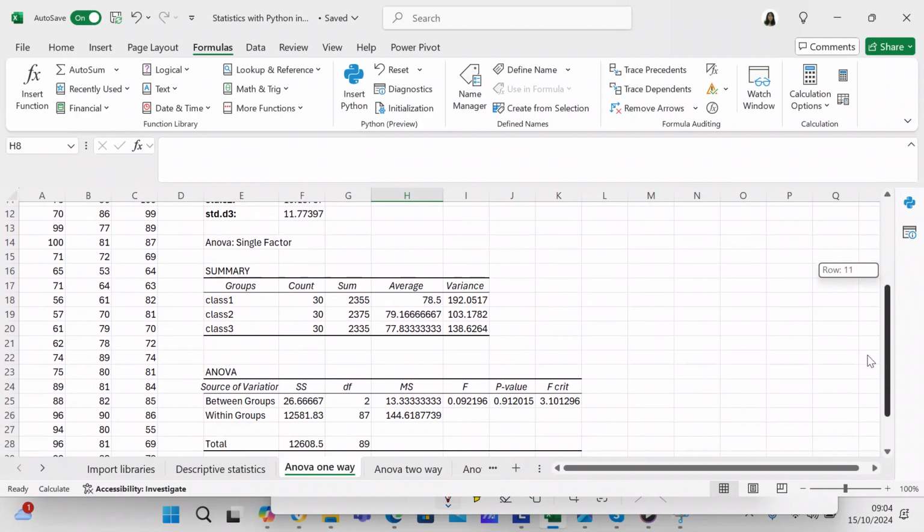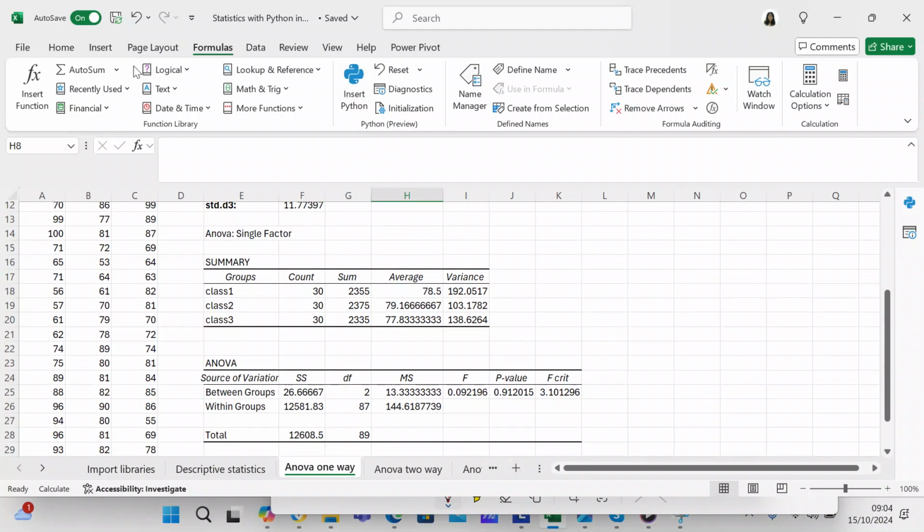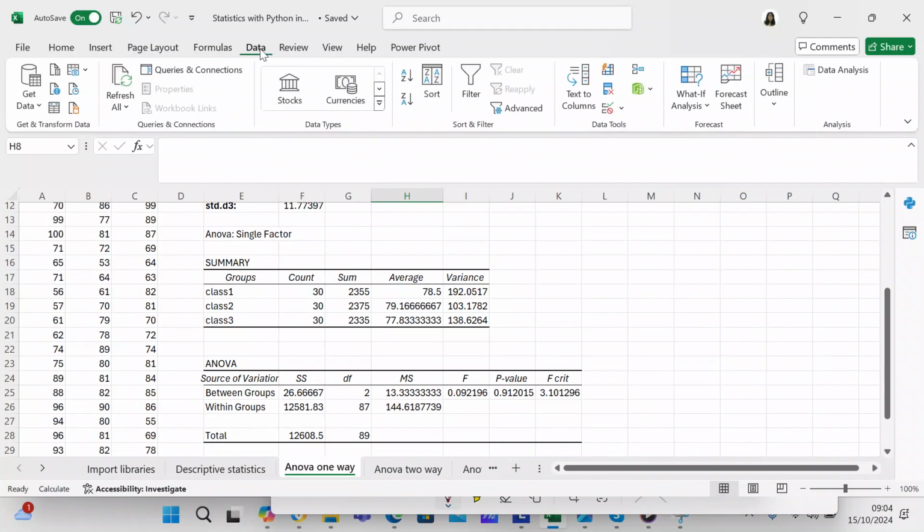because in Excel, you actually have a data analysis pack. In the data analysis pack, you can do a single factor Anova, which is what I did just to check my work. But the thing is, not all Excels are going to have the data analysis pack. But what I'm postulating is that if it's got Python in it, it's probably going to have the data analysis pack. If you want to check your work, I've used the data analysis pack in Excel, and